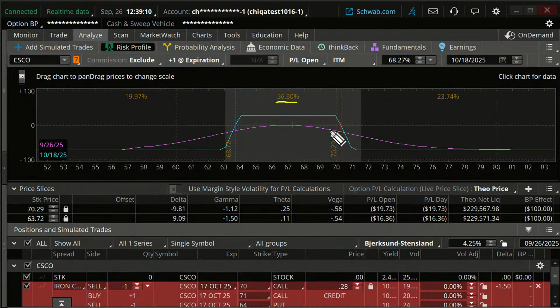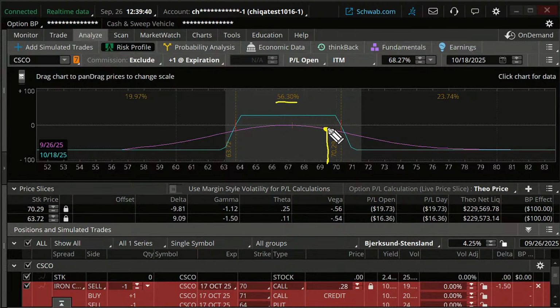Now, at expiration does not mean before expiration. In other words, if the stock goes up to, say, $69.50 right here before expiration, well, today, for example, I'd be losing money on this trade probably. Okay, that's what... now these probability measures that we look at on the Thinkorswim desktop software aren't guarantees. They're just estimations, right?